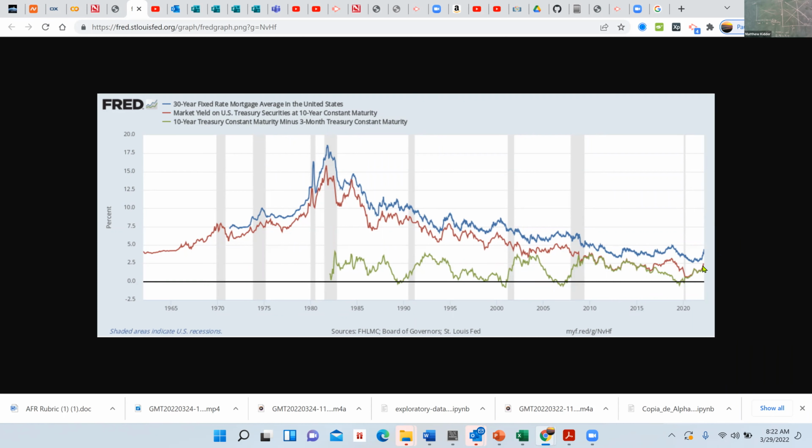Thinking back to this yield curve, remember, this is driven by people's expectations. Does that make sense? We talked about that. So it's driven by people's expectations. If everybody knows that we're at this zero lower bound, then this predictor, which has historically been a predictor, this inverted yield curve, may not signal the next recession. Okay? This is still very useful for a lot of economies that are not at a zero lower bound interest rate.